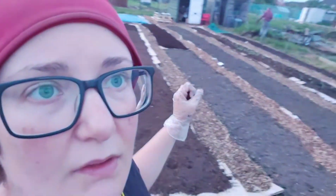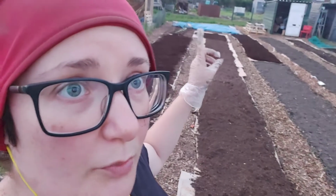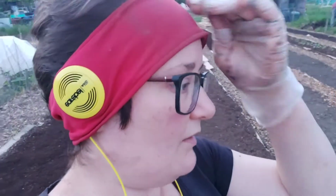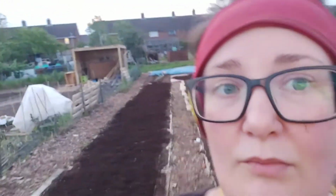However, you can see that tarpaulin bit over there. All underneath there is bindweed. So at some point I'm going to lift that tarpaulin, see what's underneath it, and have a go at it with fingers and a trowel and just try and get rid of all the bindweed, because that's what happens when you rotivate, is you'll turn the soil over, and that's fine